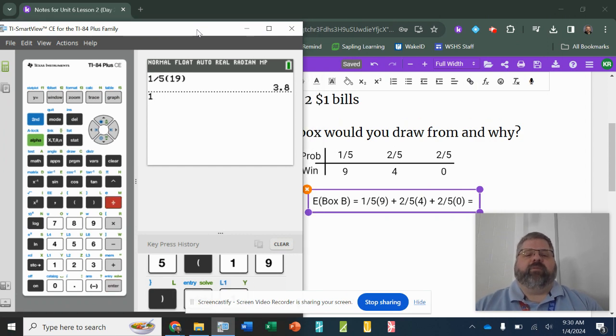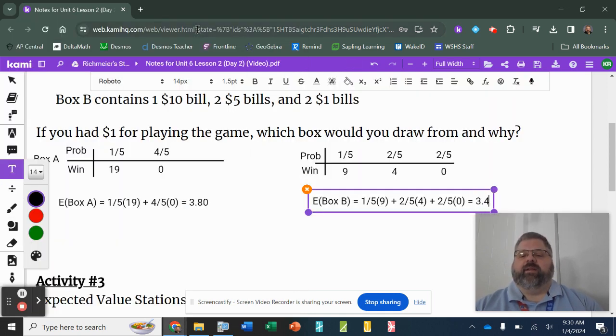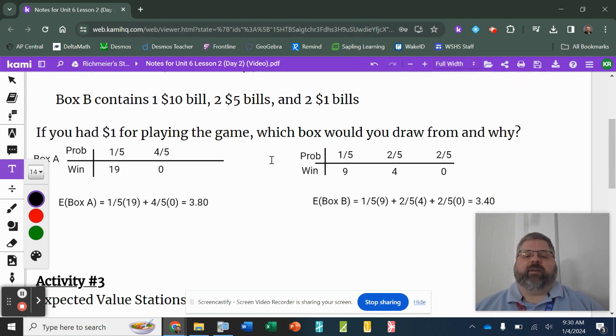And we're going to have 1/5 times 9 plus 2/5 times 4, and I get $3.40 as my expected value. So in the long run, if I draw from box B, on average, I'm only going to win $3.40 per game. But if I take that risk and draw from box A,